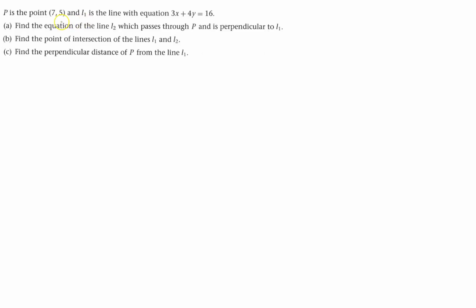Okay, let's put P is (7,5), that's L1, and we'll find the equation of L2, which goes through (7,5) and is perpendicular to L1. So I need to know what the gradient of this is. There's another way of doing it, but this is probably the standard way of doing it. So I've got 3x plus 4y